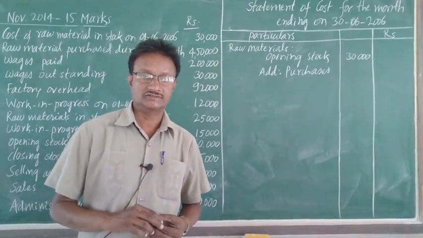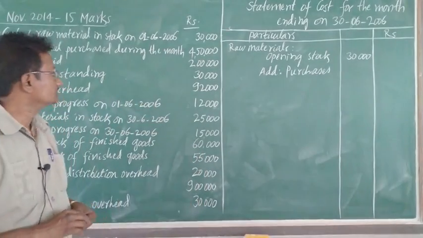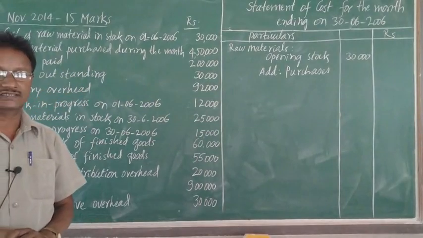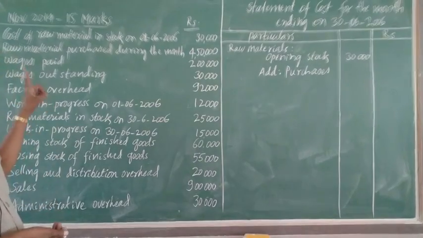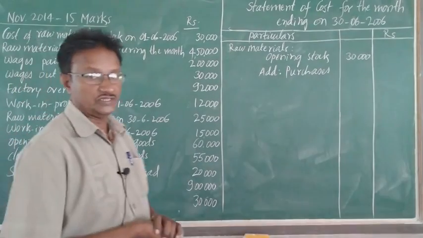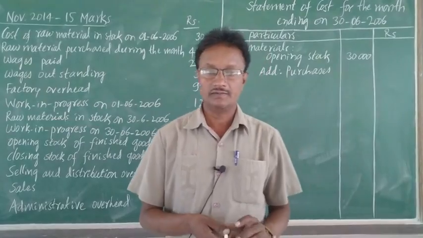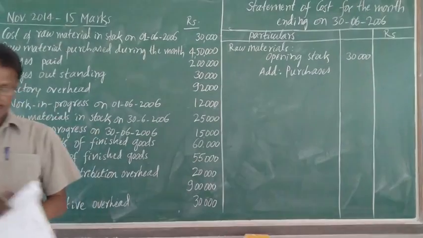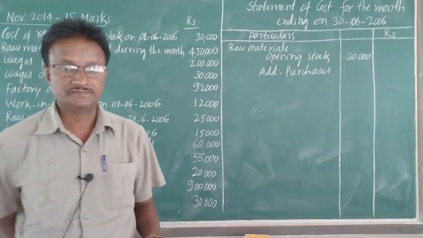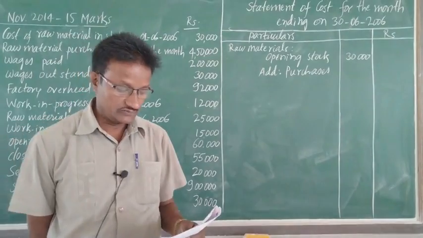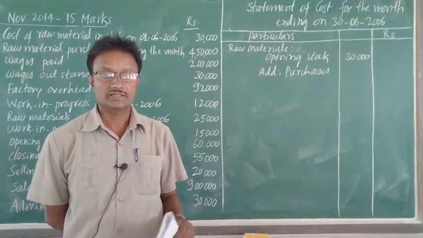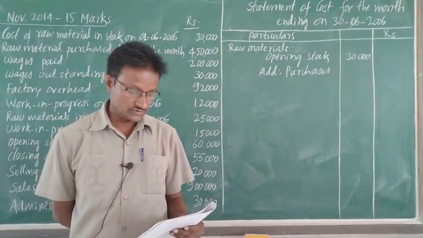Now we have to discuss the problem which was asked in a previous examination, that is for November 2014 for 15 marks. Here the question is, the following information has been obtained from the record of Matosri Limited